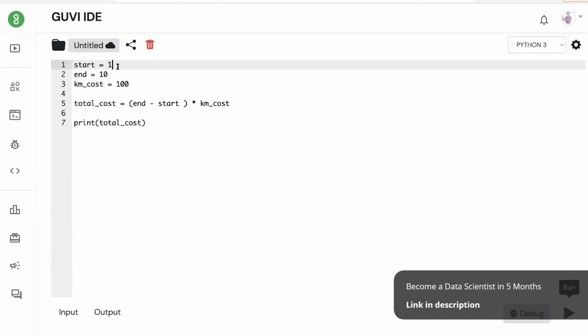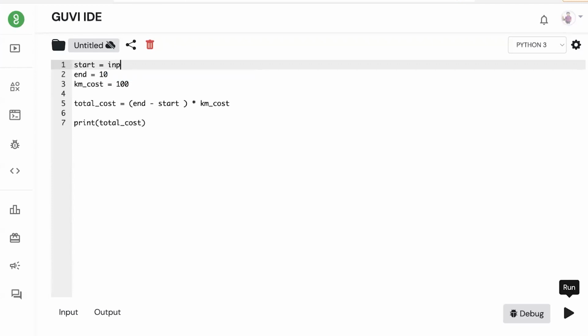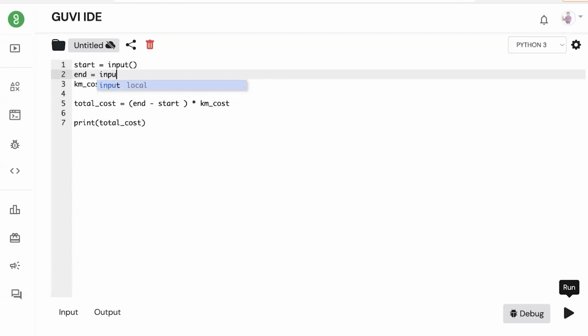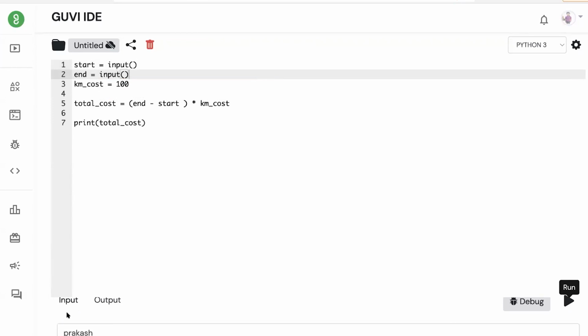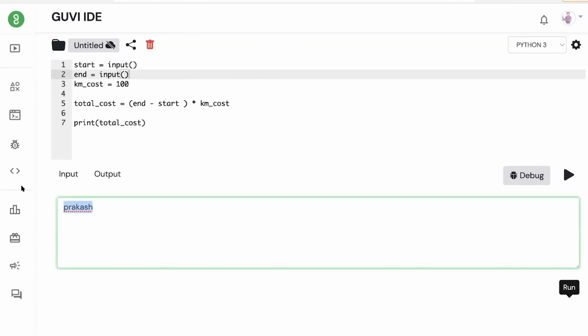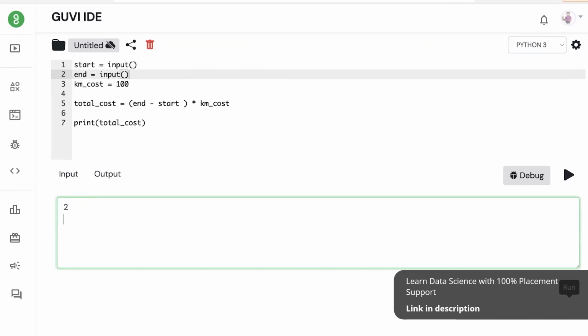Okay, starting point and ending point. So instead of always having the number, we can say that I want to give that as an input, and I also give that as input. If I give the input, for example, instead of 1 kilometer, I start at the 2nd kilometer and log out at the 25th kilometer. Okay, if I run it,